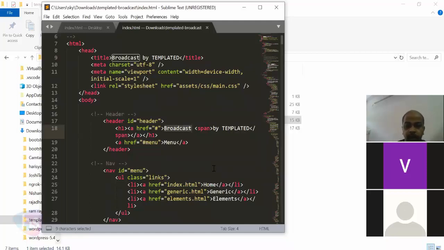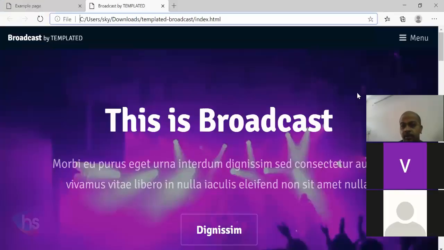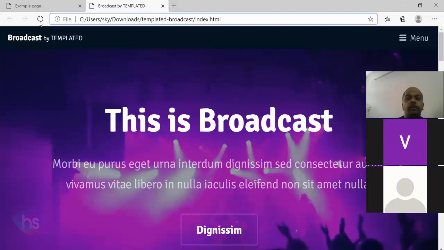I can simply change it to Harisystems by Shekhar. I have written it. Very simply, I have changed it. Save it, and it is already opened here. So what I'm doing is refresh.